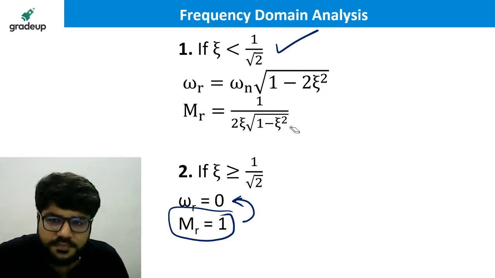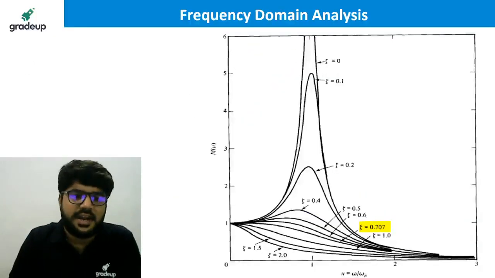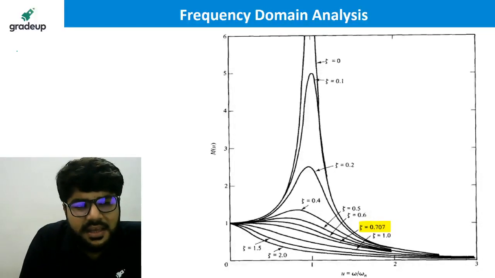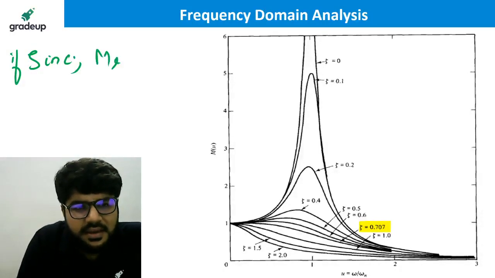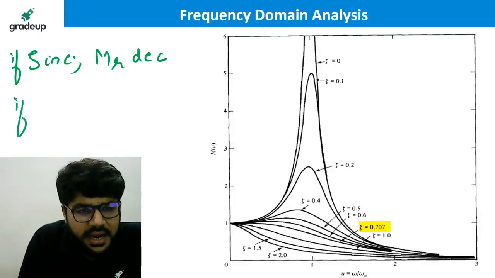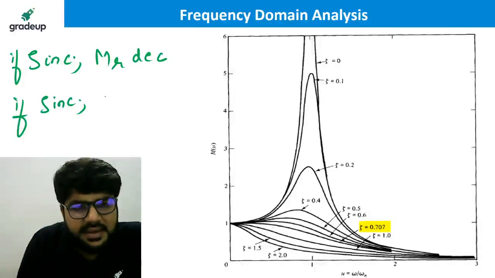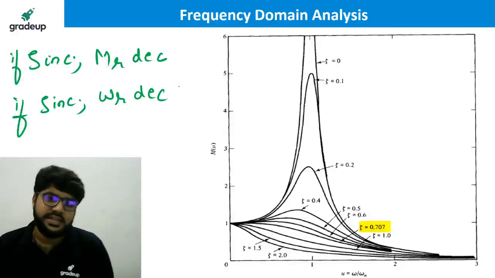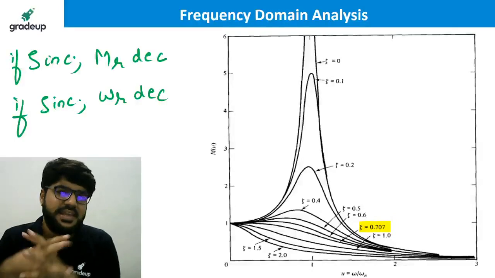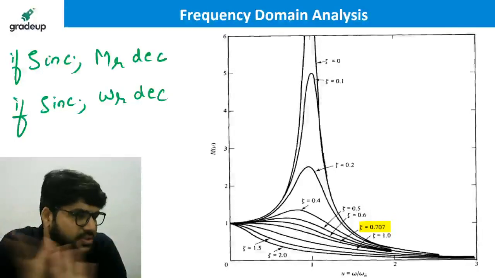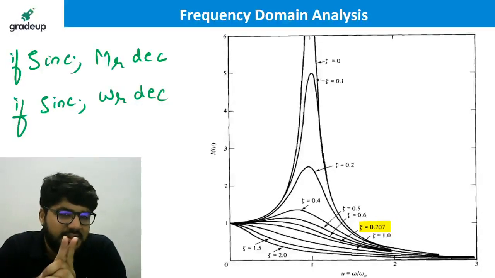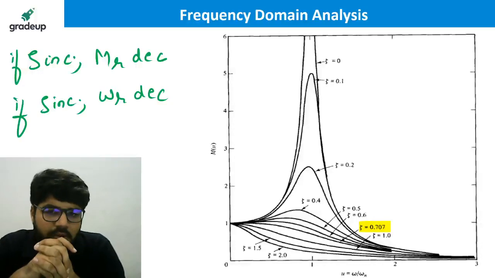Okay, and I will also write down with this graph clearly that if zeta is increasing, then the resonant peak is decreasing, and also if zeta is increasing, the resonant frequency is also shifting left, that is, it is also decreasing. So you have to remember the variation of resonant peak and frequency with respect to zeta. Just as a factual point, you must remember the effect of increasing zeta on the resonant peak and on the resonant frequency omega r.